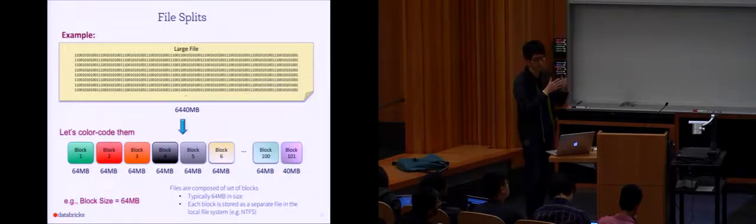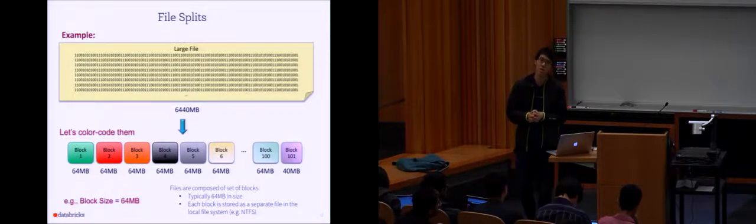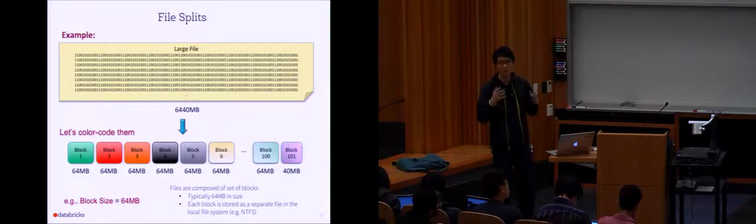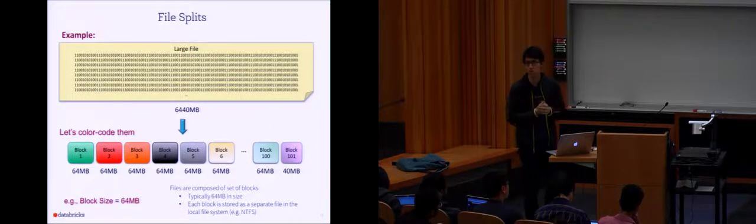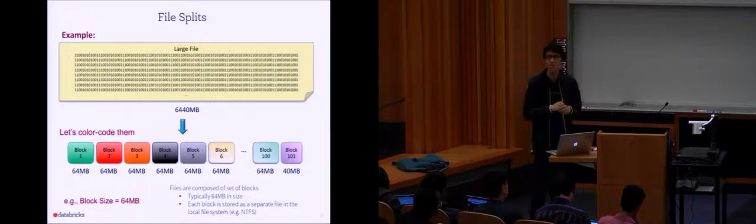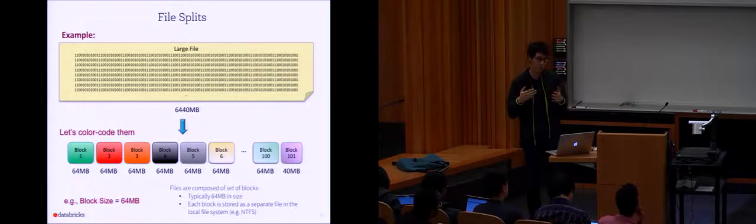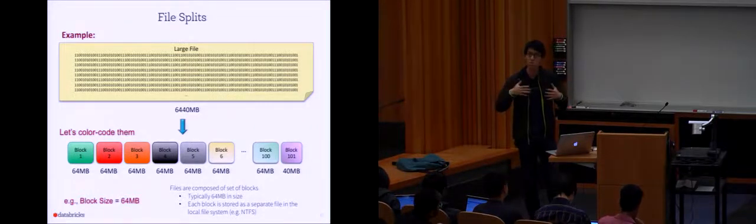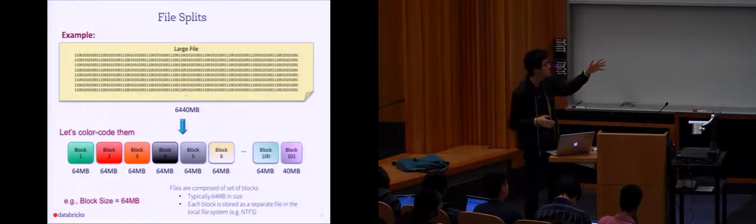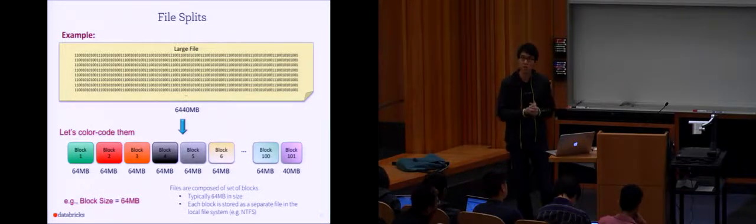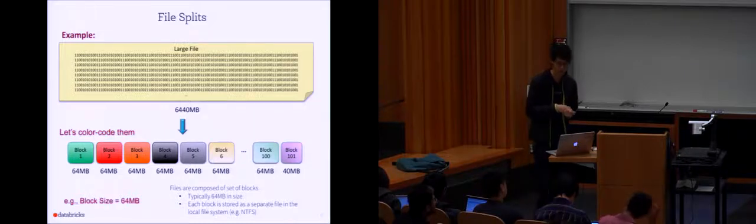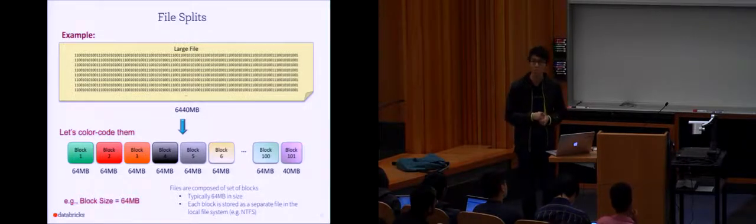I think back in the days, the standard block size was 64 megabytes. Now, as the file size is growing, people are increasing this block size. I think now in HDFS and all the open source variants, it's very common to have 256 megabyte blocks. The reason you might want to increase block size is to reduce the amount of metadata you have to track. For example, if I have 100 blocks, but I increase my block size to 256 megabytes, I will have only 25 blocks.